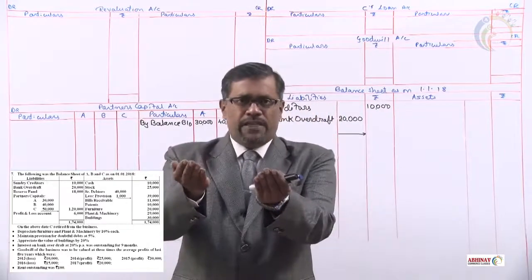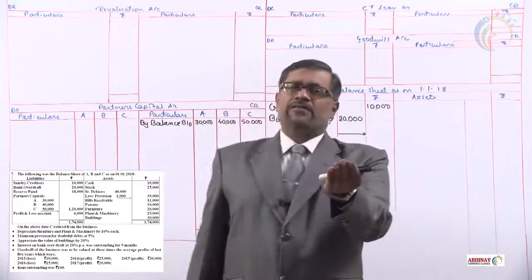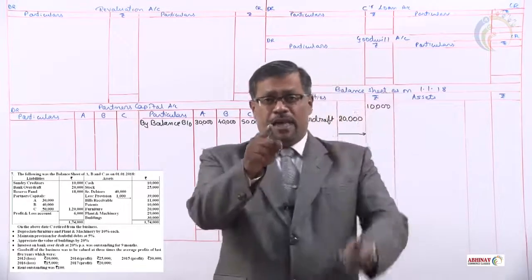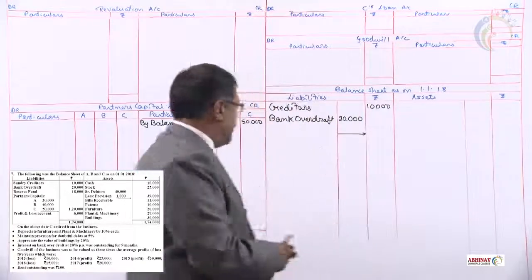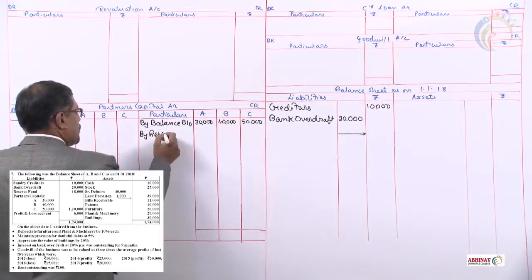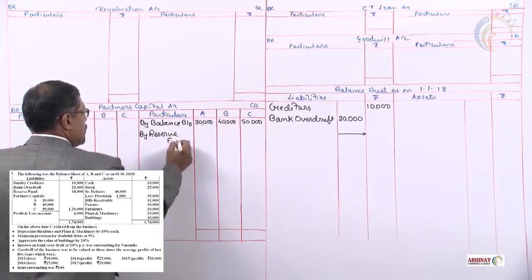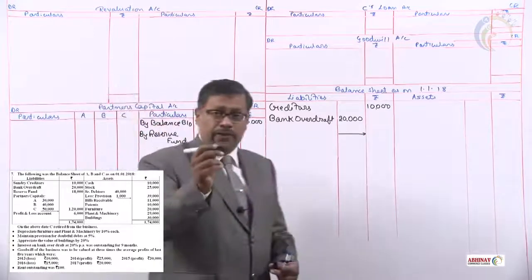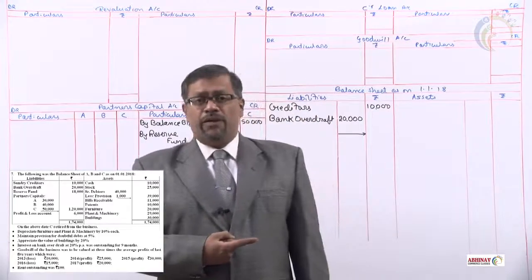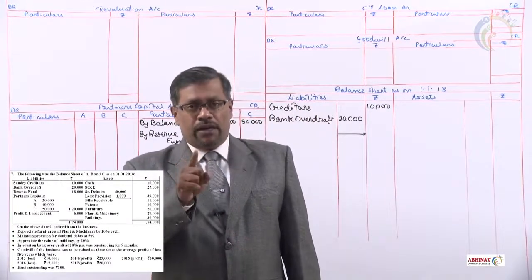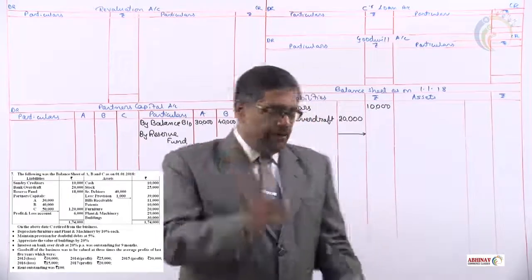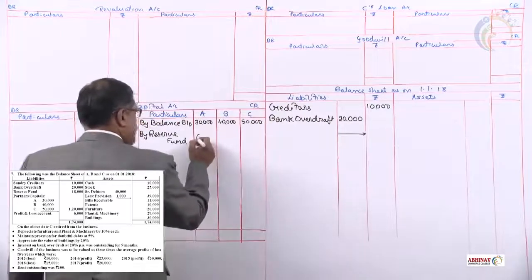Once you finish checking the capitals, then the reserve fund. When you transfer reserve fund to capital, as we have learned earlier, your capital balance will increase. Increase in capital is increase in liability. We credit by reserve fund. Now, the amount of reserve fund in the balance sheet is 18,000. We have prepared working note number 1 for that to distribute in equal ratio, as the ratio is missing in the problem. Equal ratio 1:1:1. We have got the distribution as 6,000 each.